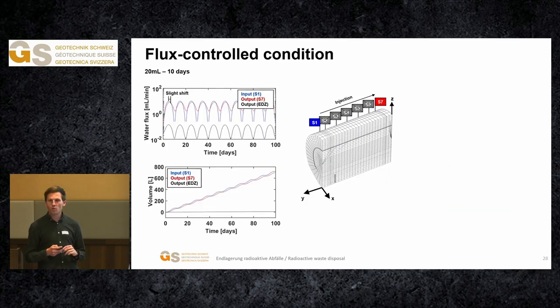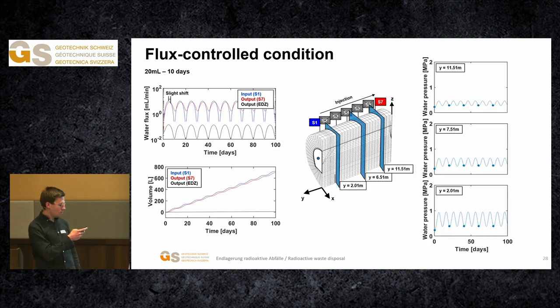Switching now to the flux control condition, applying a harmonic flux of 20 milliliter over a period of 10 days. We can see that this condition again is translated into an oscillating input flux in blue in the upstream injector. There is a slight delay, but it's then equilibrated by the output flux in red through the downstream membrane, plus a residual flux here in black computed through the EDZ. Again, the computation of the volumes